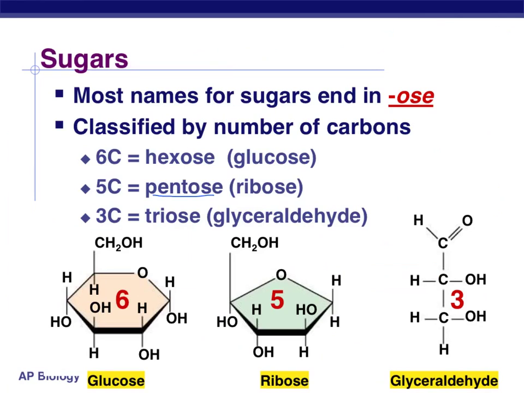So if you have 6 carbons, you're a hexose sugar. Glucose would be an example of that. If you have 5 carbons, you're a pentose sugar. Ribose would be an example of that. If you have 3 carbons, you're a triose sugar. Glyceraldehyde will be an example of that. And these are what their